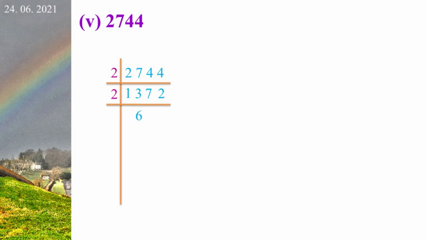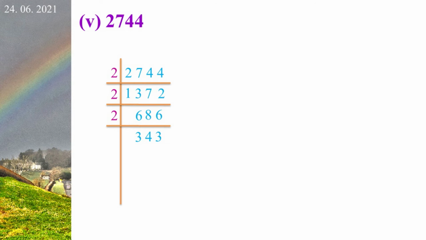Again we take 2. 6 2s are 12. Balance 1. Next digit is 7. We take a 17. 8 2s are 16. Balance 1. Next digit 2. We take a 12. 6 2s are 12. Again we take a 2. 3 2s are 6. 4 2s are 8. 3 2s are 6.